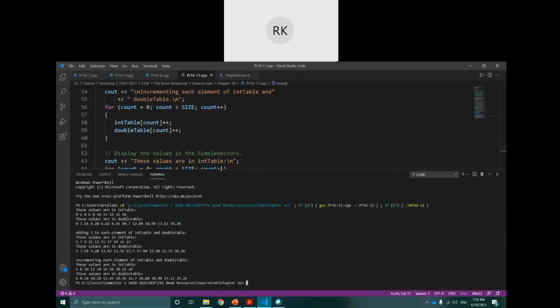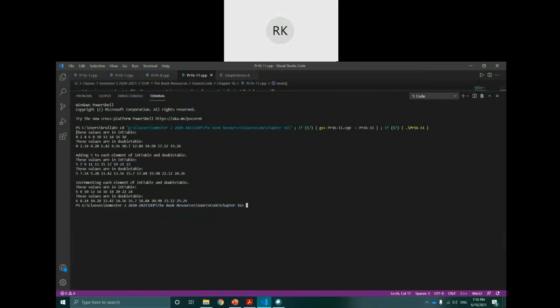You see the output of this program: these values are in the int table, meaning the integer table. So the values were created automatically like this, and these values are in the double table.